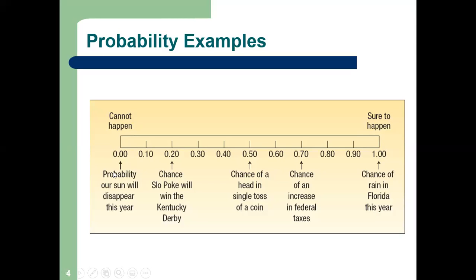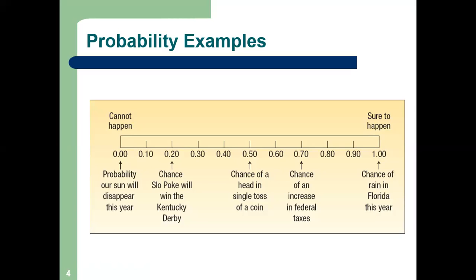You can see probability that our sun will disappear this year, meaning our sun will not remain, it will end and will not be visible. What is the probability of this? So we can say that this is a 0% chance that sun will disappear. The probability is 0. Similarly,